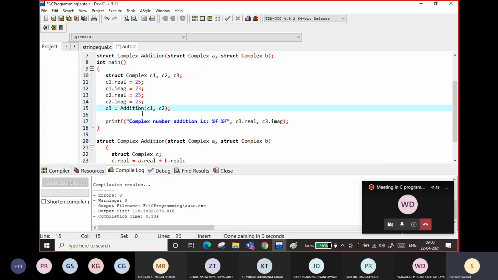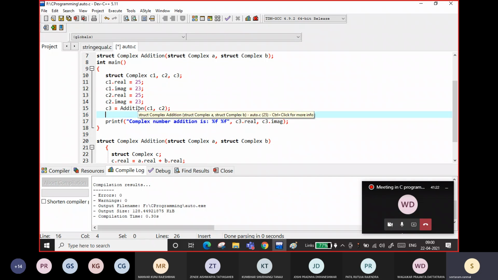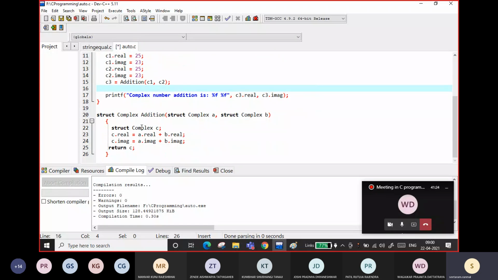If you want to define one more operation called multiplication, then you can write the function like this, right? And you can define the multiplication. If you have the subtraction, you can define the subtraction function like this.